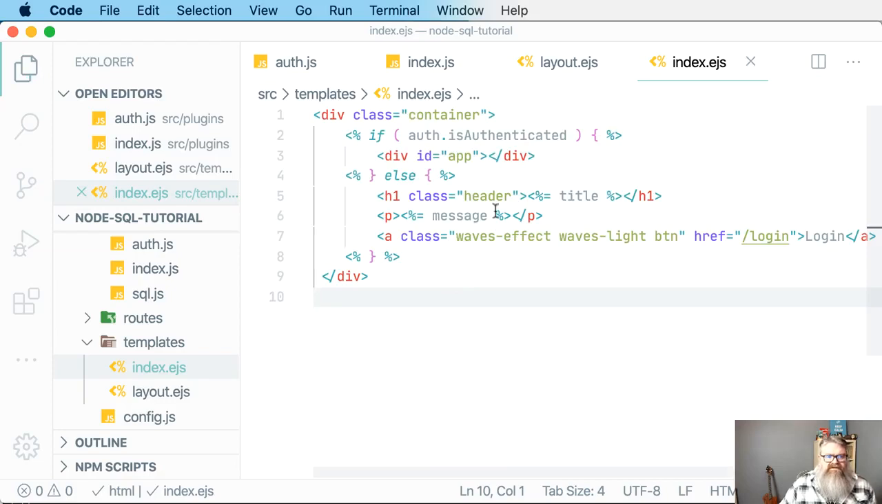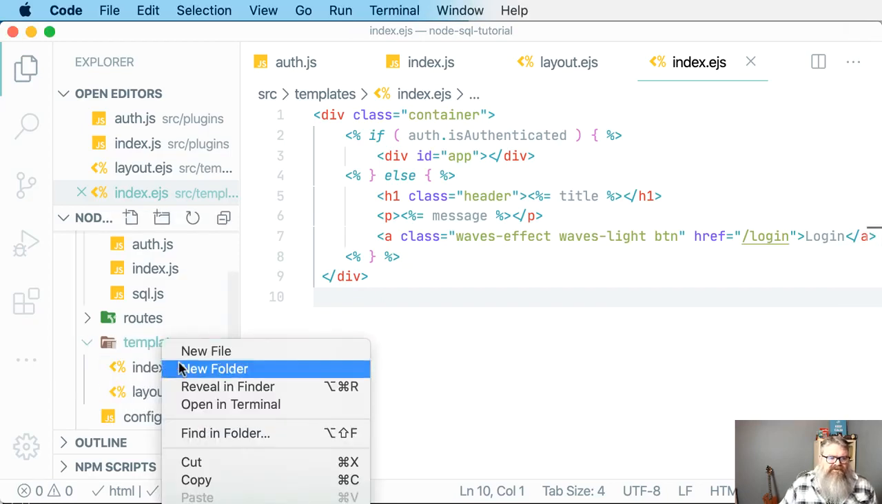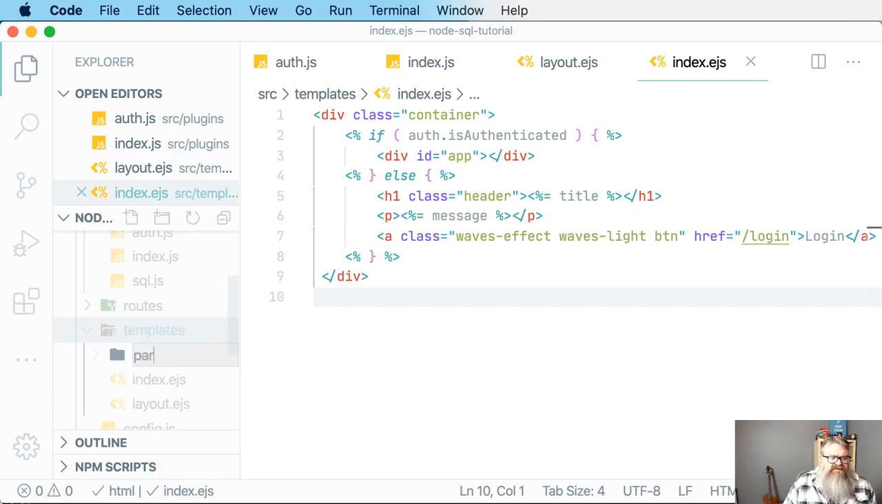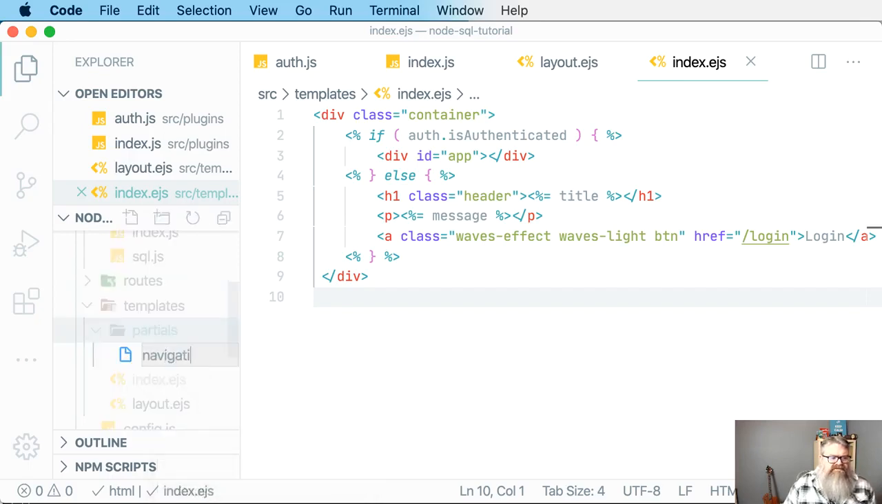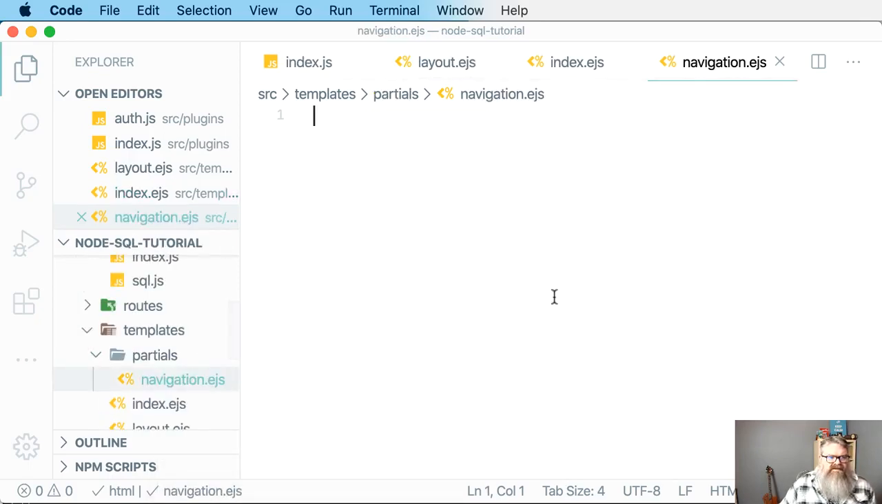So that's all we need for the index.ejs. The next is we need to edit a template for our partials. So under the templates, we need our navigation partials. So create a folder named partials, and in partials create a file named navigation.ejs, and in here